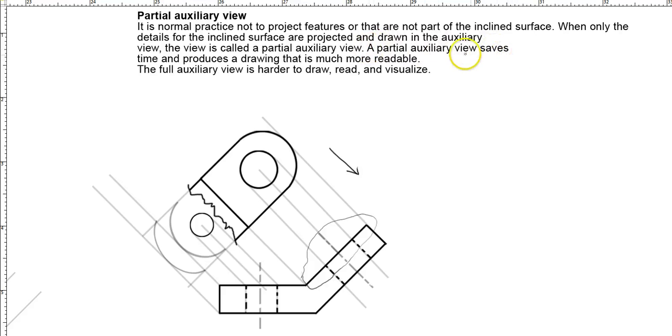Partial auxiliary view saves time and produces a drawing that is much more readable. The full auxiliary view is harder to draw, read, and visualize. Okay, so that's the reason why we draw partial auxiliary views. Now, when we were looking at this object,